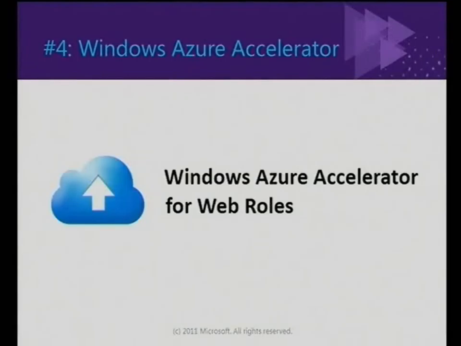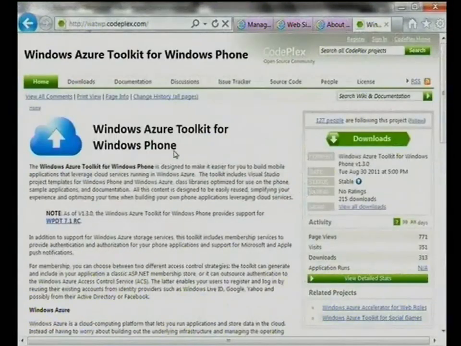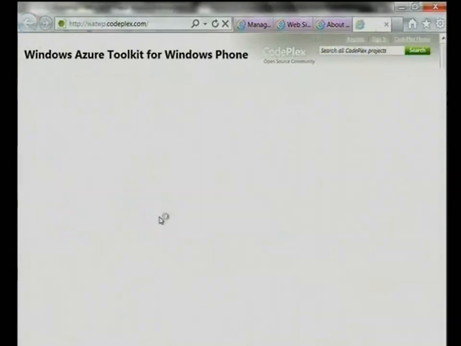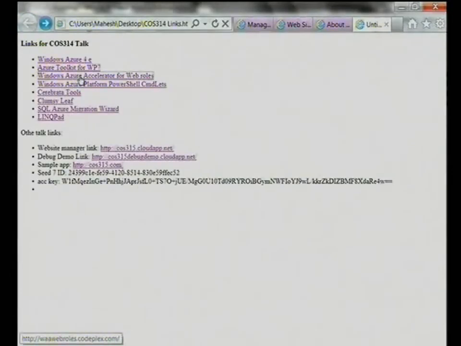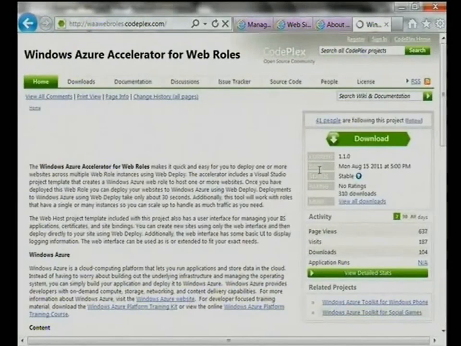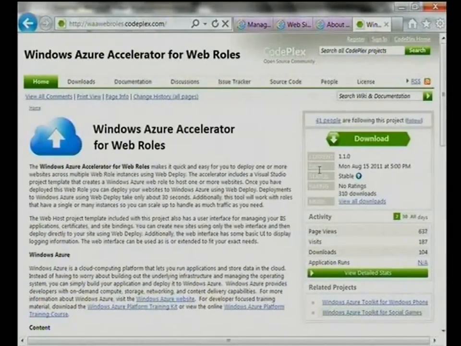First thing is, you go over to this site on CodePlex, Windows Azure Accelerator for Web Roles, and you just do a download. And notice that there are only 310 downloads, so it's not that popular just yet.